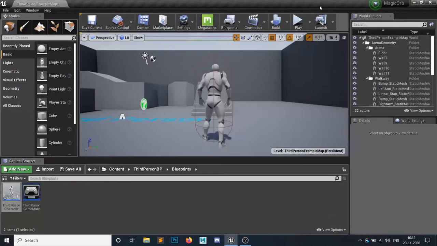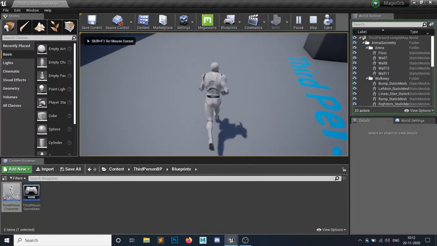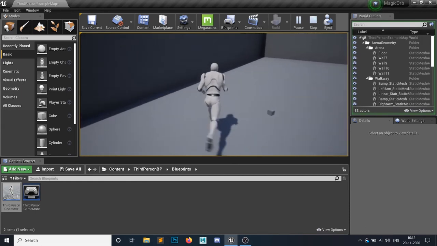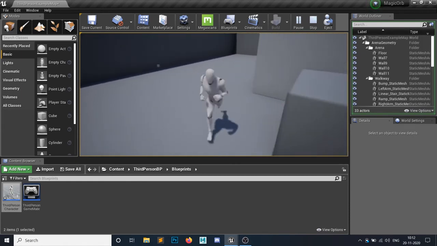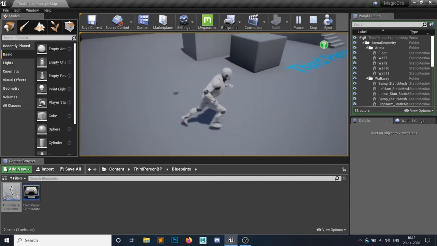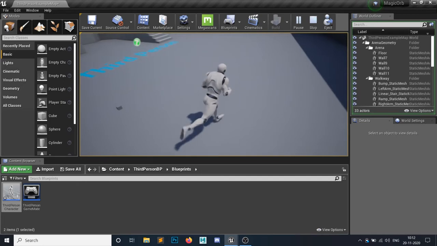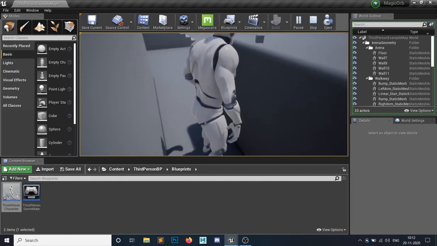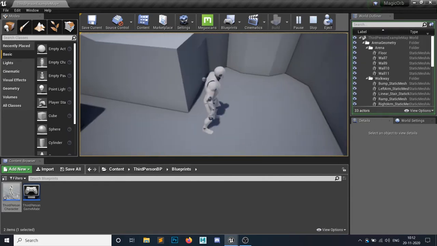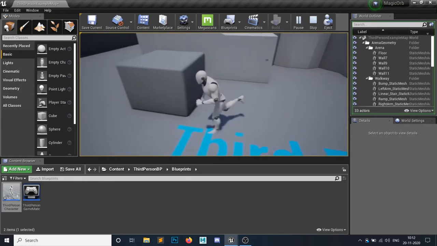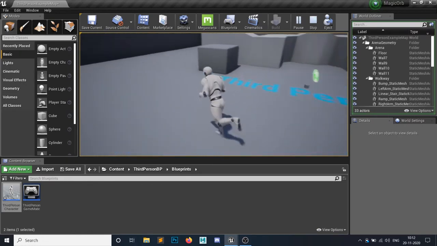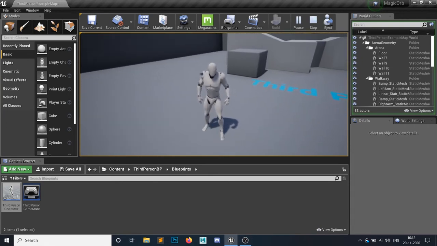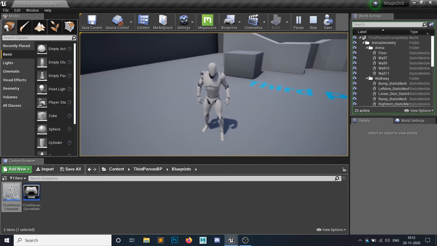Okay, so now if I check, this is my orb and it is moving a bit behind, as you can see. So this is what a camera lag does. Also, it is not even overlapping if you go through this one. As you can see, the spring arm works as it should. So yeah, I have created my following orb. Now what? I need to actually add some emissive color to my orb, and rotations, and up and down.